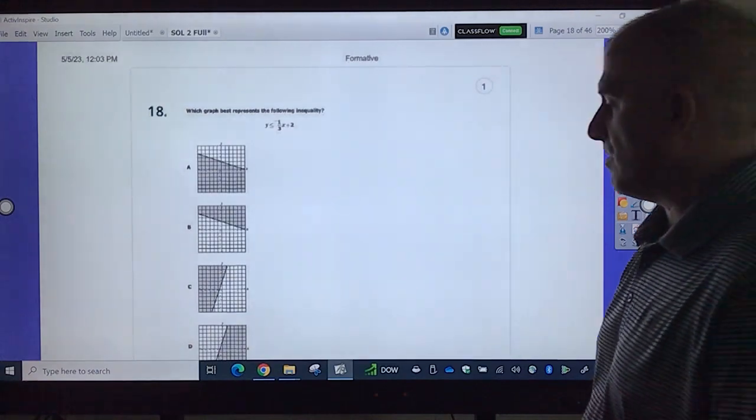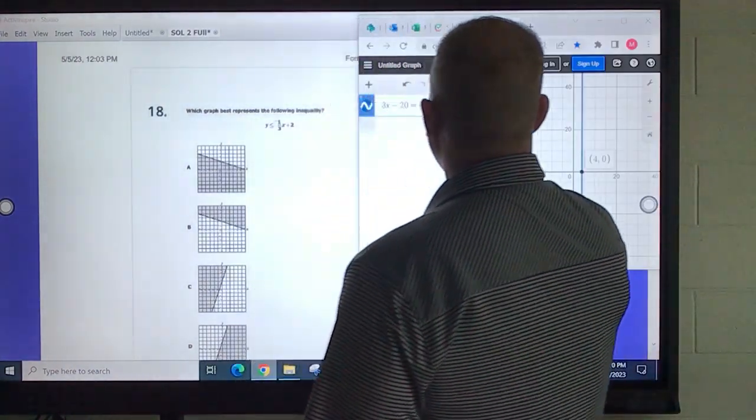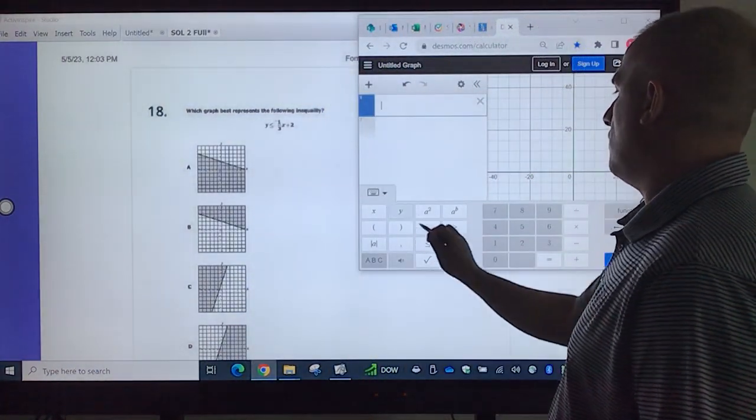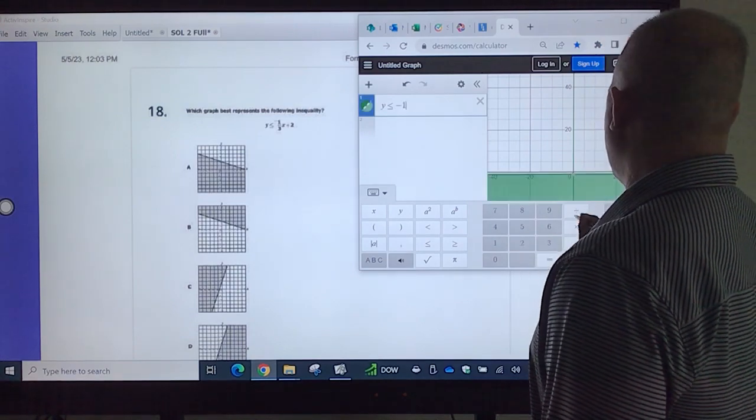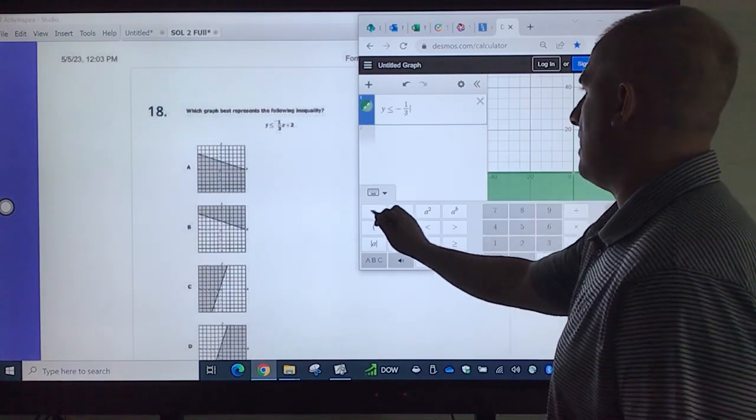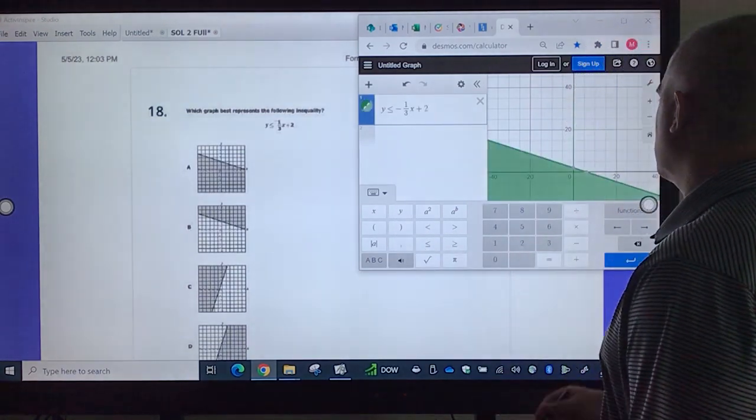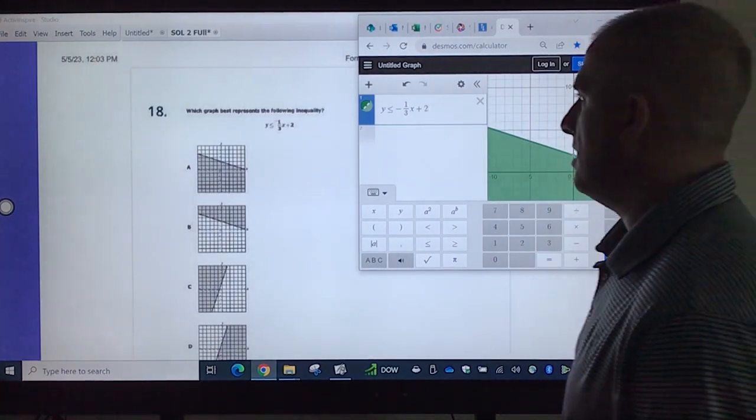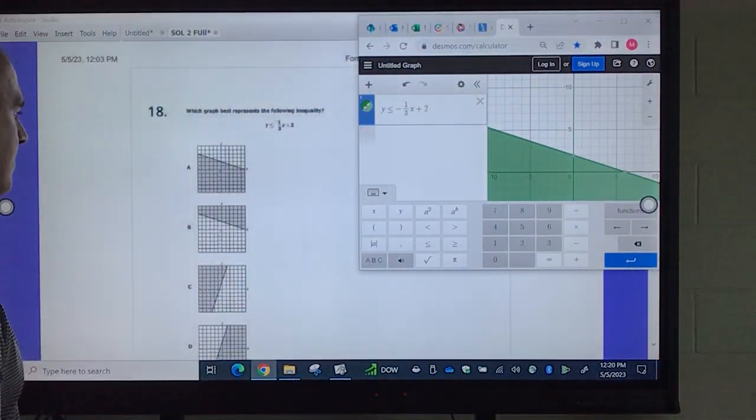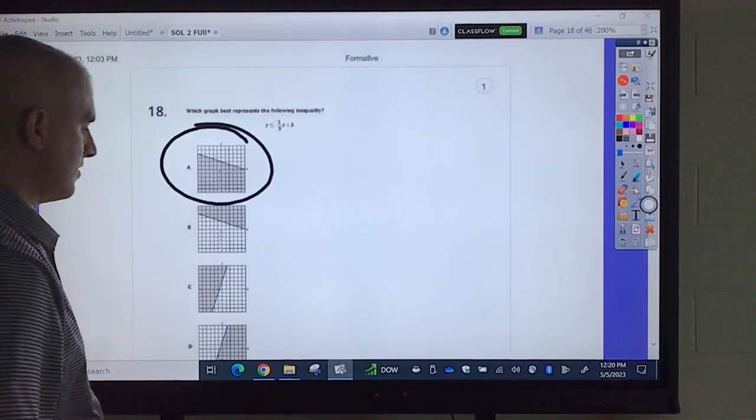Okay, this one I just want to graph it. Okay, y less than or equal to negative 1 divided by 3, click over here for x plus 2. Okay, home button. All right, obviously it's above, shaded there. This is the best answer. Okay,